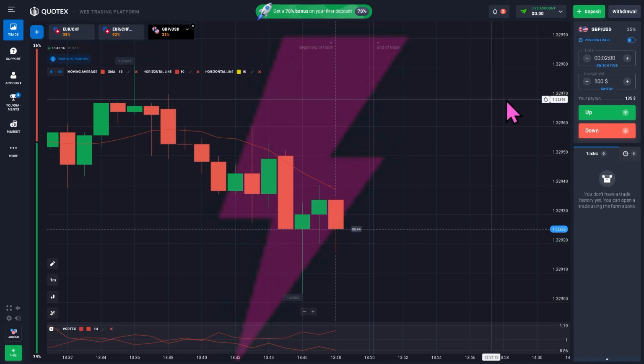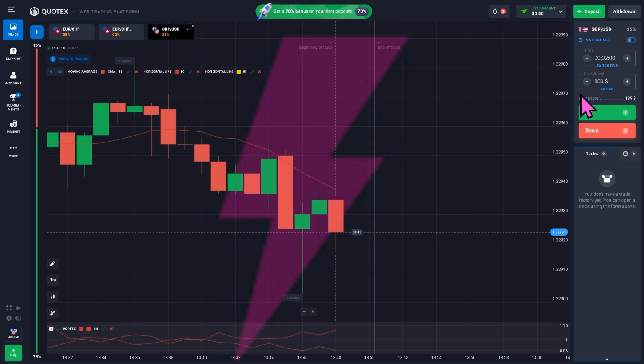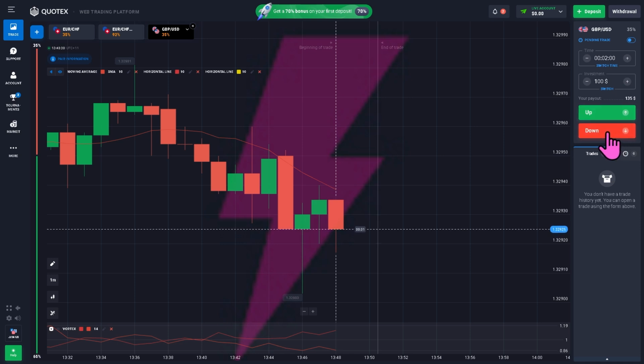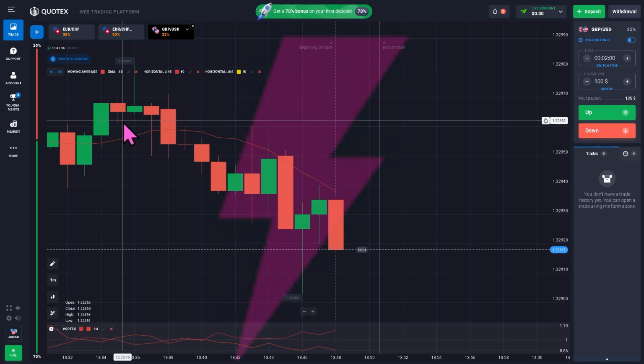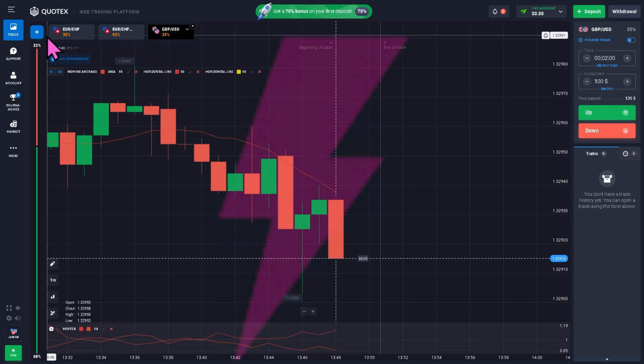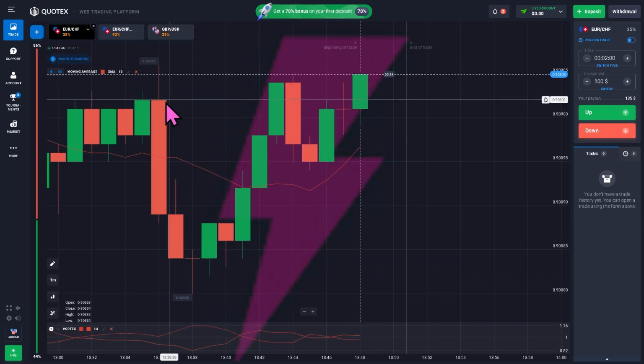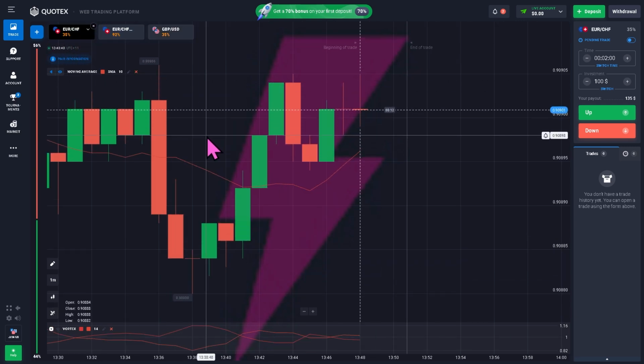And then on the right side, you have the expiry time, the investment, and of course, the buy or green button, which is going to be the up button, and the sell down or the red one. What you need to do is get a signal first. For example, we're going to be using something like Euro here, and then you need to match the signal's duration